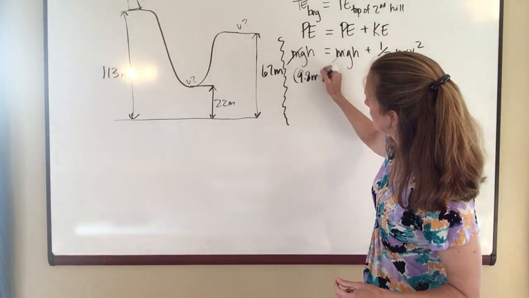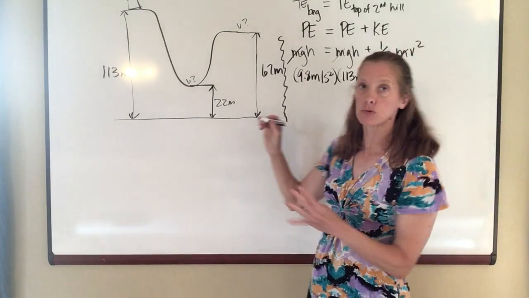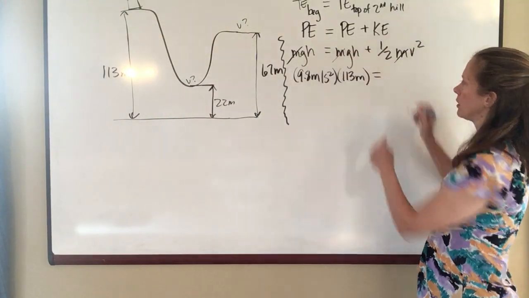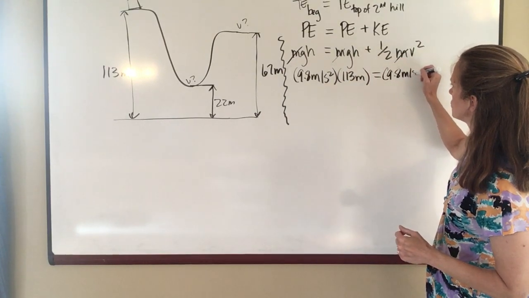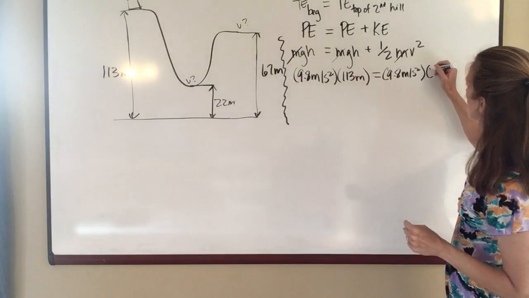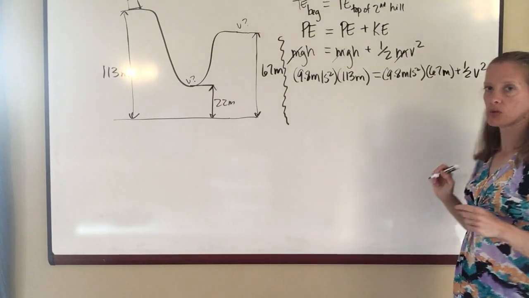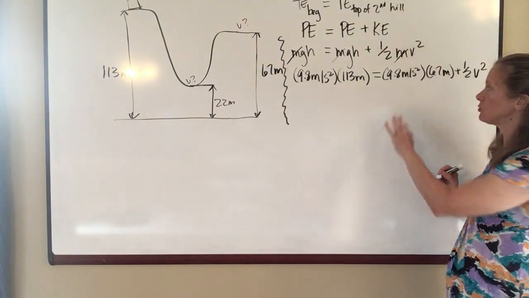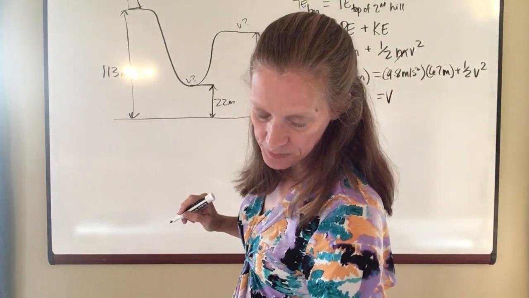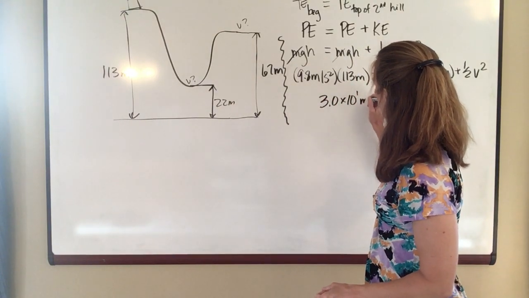Gravity, 9.8 meters per second squared times the height of 113 meters. So this part looks exactly the same as what we did in the first part of the example. Second part, gravity, still 9.8 meters per second squared. The height now, though, is 67 meters because we're at the top of the second hill. So this is 67 meters. And then I have 1/2 times v squared. Again, you crunch all these numbers through, do your subtraction, do your division, and you're going to end up with a velocity of, I need two significant figures, and that's going to be 3.0 times 10 to the first meters